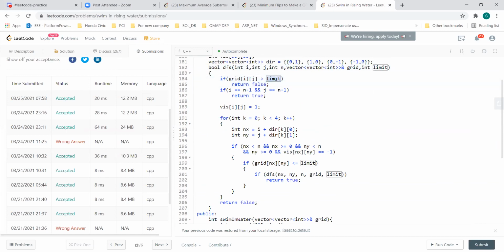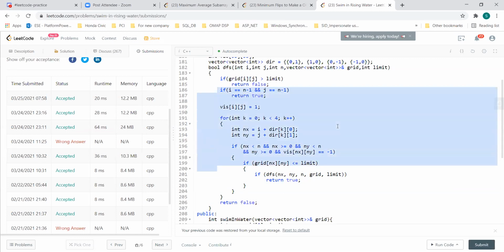Because my current limit is smaller and if my grid value is greater, then you should not go there. You're checking the boundaries, and the rest of the whole DFS will be the same thing.